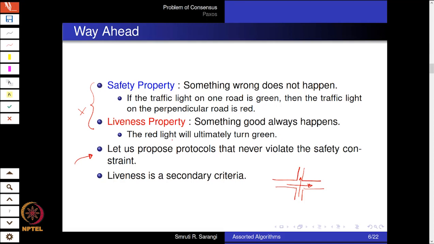the key assumption of consensus, which is to choose one among the proposed values and everybody agrees on the same value, should not be violated. But liveness in this case would be that the algorithm always terminates and always is successful for all processes. So let's assume that we are not concerned about liveness, which means that there will be cases in which the algorithm will not terminate. So let's just live with safety alone and propose the Paxos algorithm that satisfies the safety property.